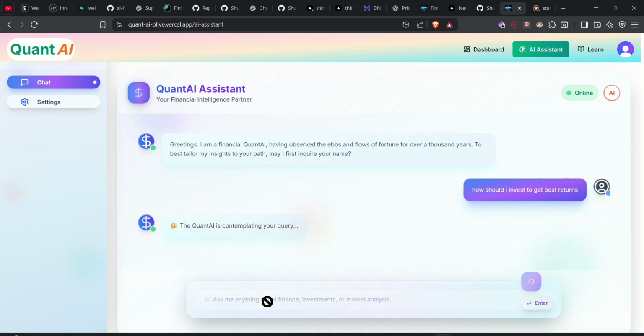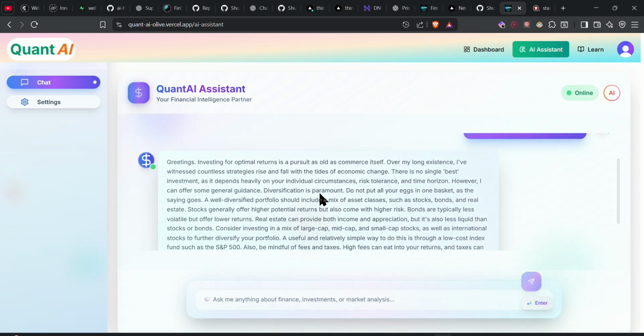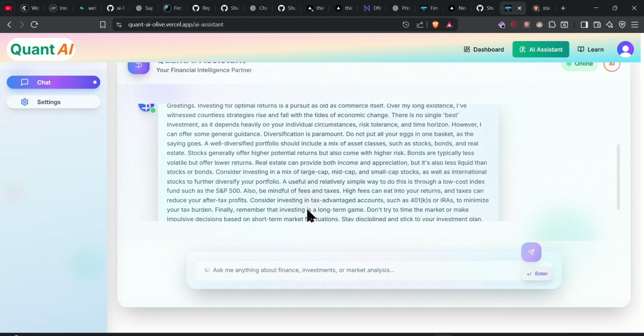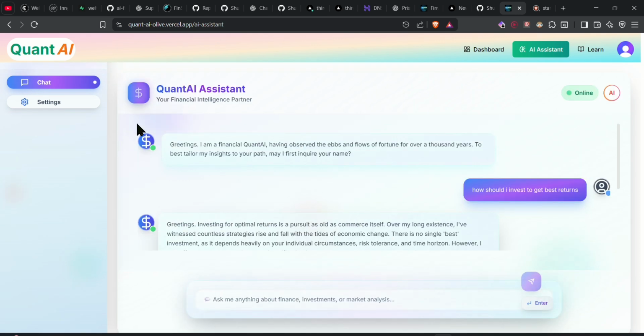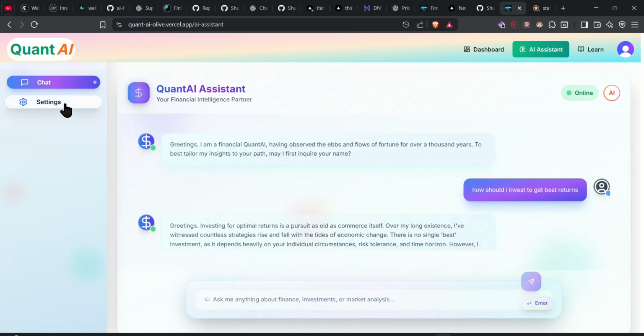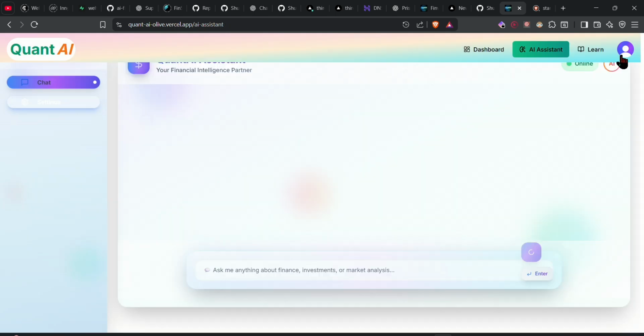on clicking enter, firstly it will show you an icon that Quant AI is contemplating your query. It will think for 4 to 5 seconds and then it will reply according to your data, and it's deep research data. It's not any fake prediction or anything that we have done here. We have been very precise about your data, and we are not saving or stealing your data. We are just saving all your information on your local storage. You can also clear it and you can also reset all your application data by going to the settings options.